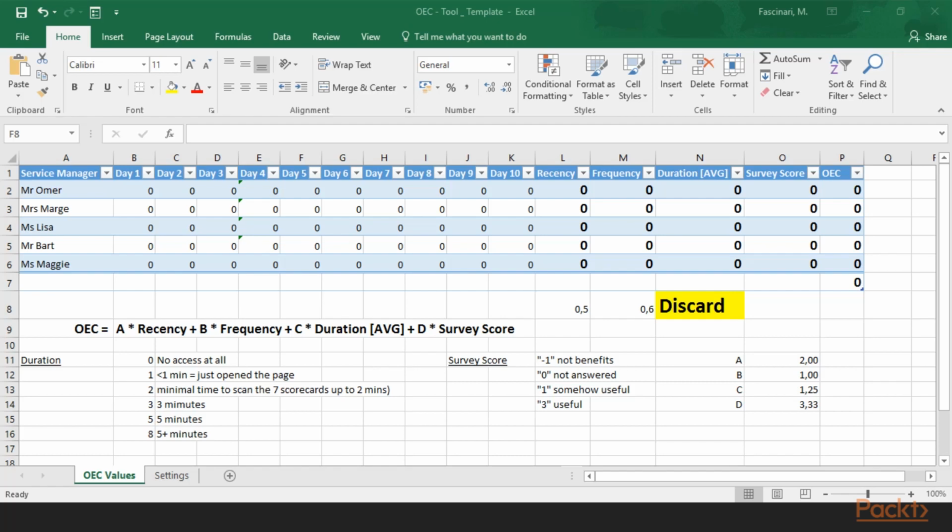We leave aside for now concerns as she might spend considerable time on the dashboard just because the dashboard is not intuitive or user-friendly. In addition, the 6th day of the experiment, we run a quick survey where we ask one single question. Did you find in this dashboard the information you need to drive efficiency in your service today? Score: -1, no. 0, no answer. 1, partially. 3, yes. We finally compute our OEC as A * recency plus B * frequency plus C * duration AVG plus